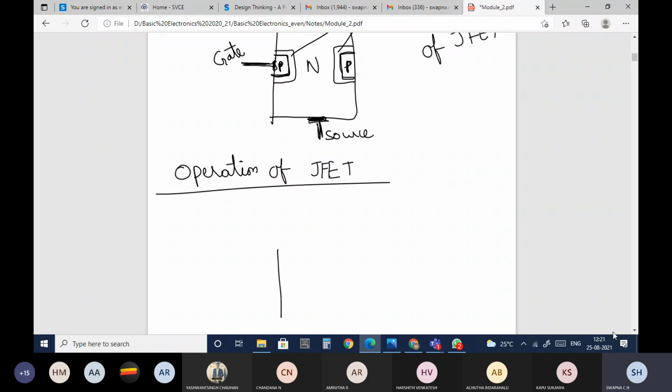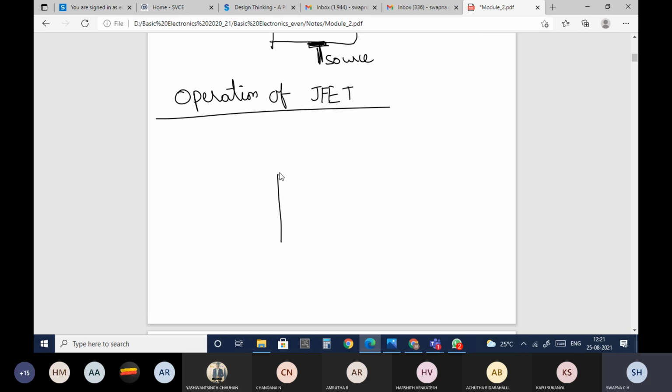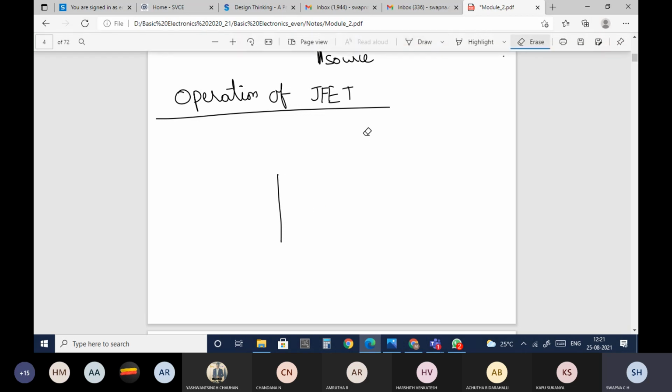So let me take the N-channel JFET, a little big. This is your N-channel JFET. On both the sides I have P, I am embedding it with P. So P and N are brought together, so there will be the depletion region formed.